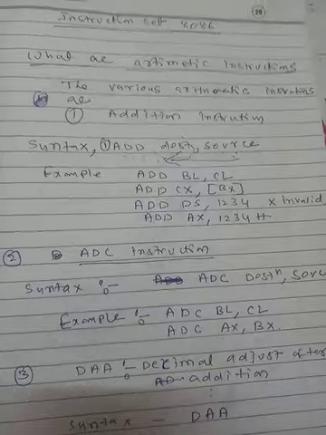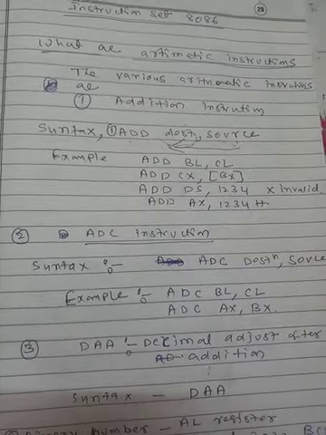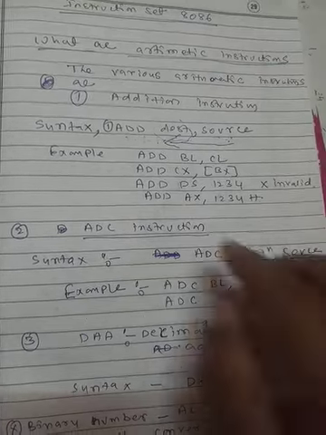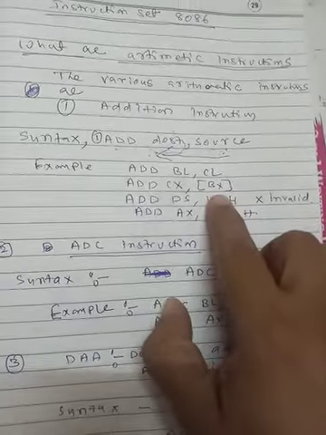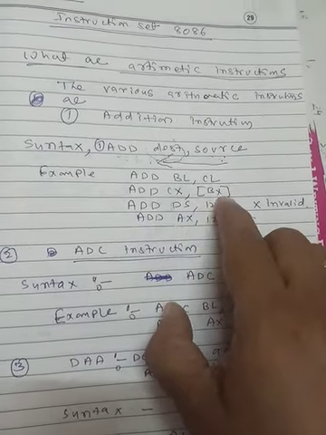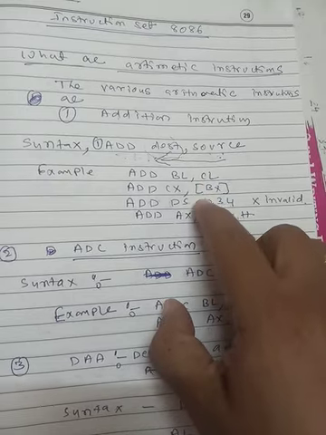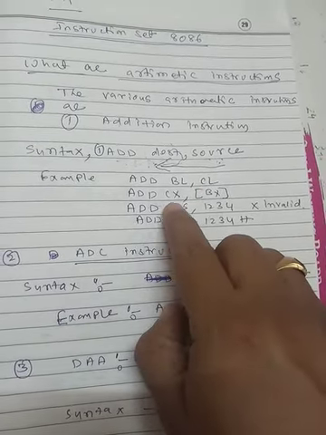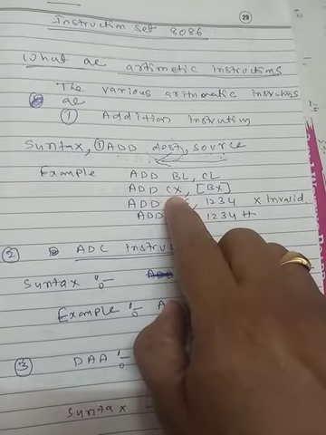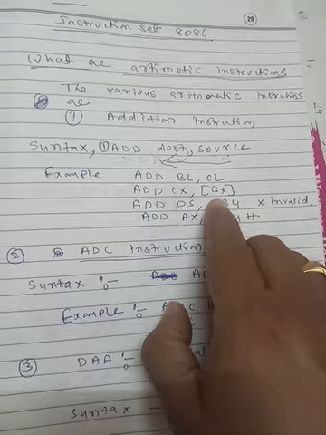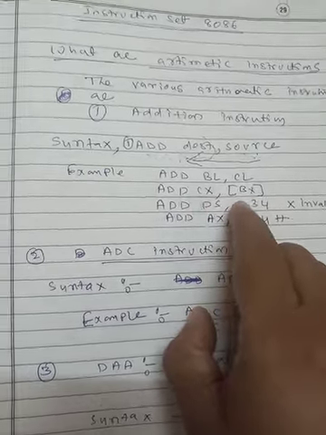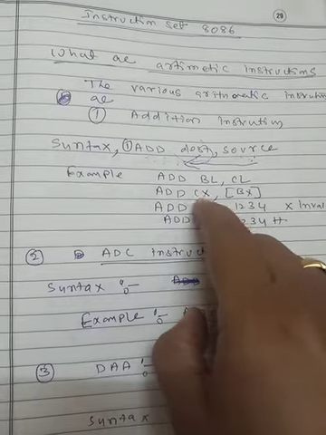This is used to perform the addition of two 8-bit or two 16-bit numbers. The second one you can see here, the addition of BX. Here it is indicating a memory location. In that memory location we have 16-bit data, added with another data present in the destination CX. CX is 16-bit, BX is also 16-bit. So this is addition of two 16-bit data and the result will be in CX.